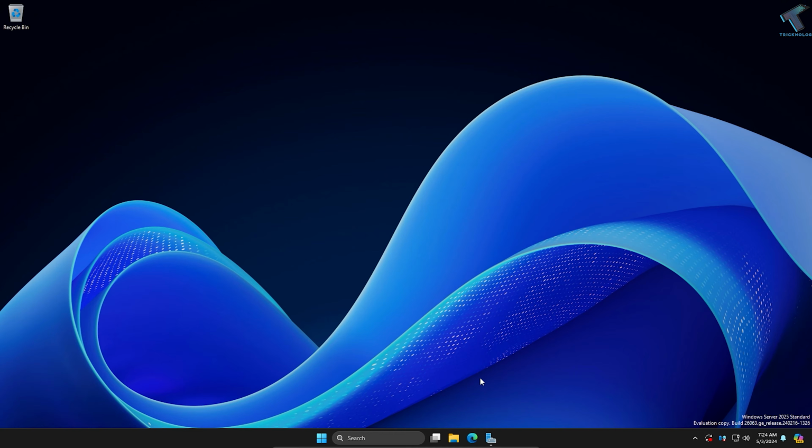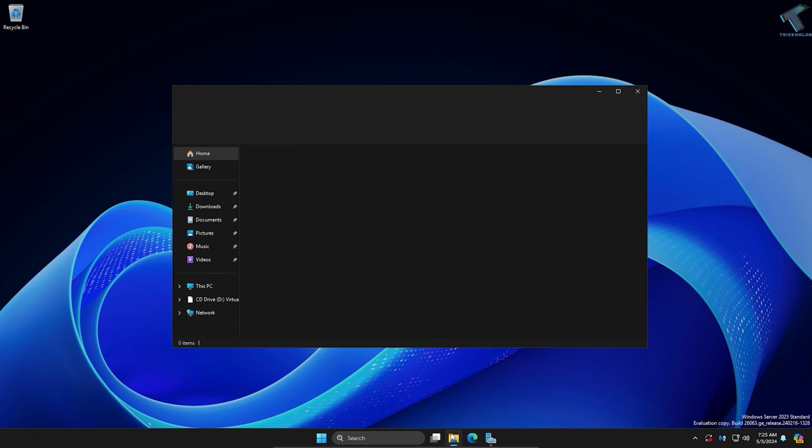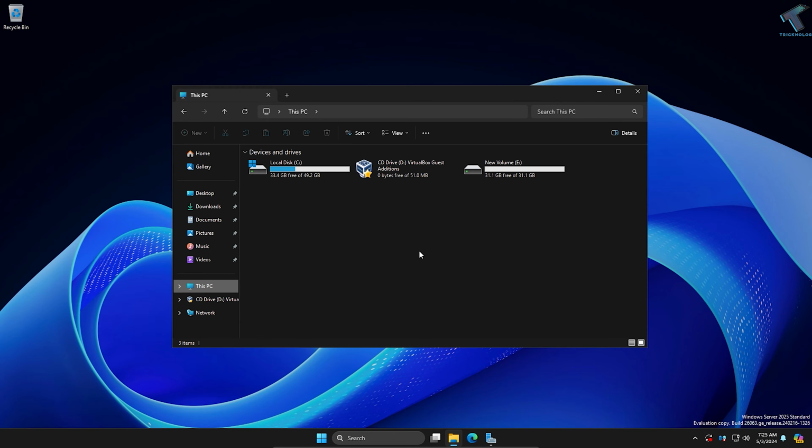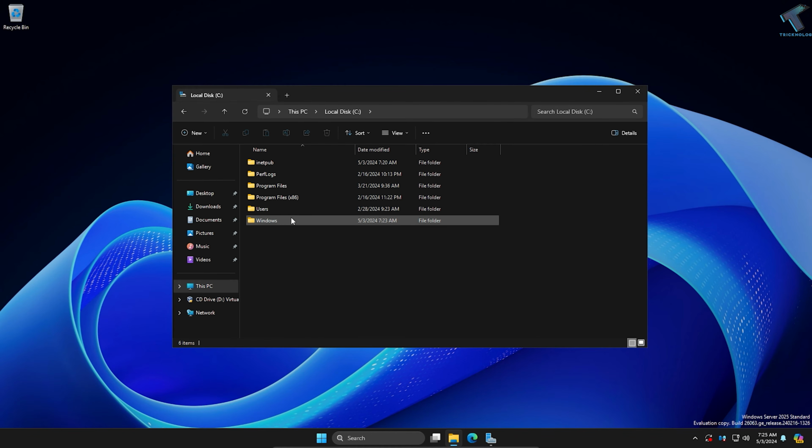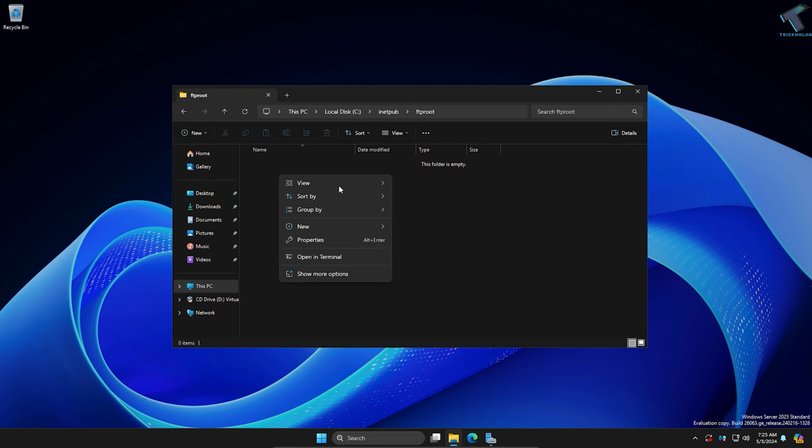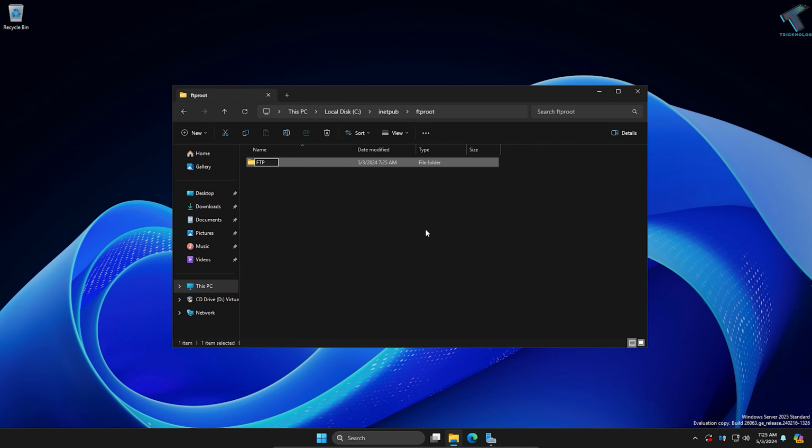Now I'll go to my computer, means this PC. Under this PC go under C drive, and here you will get a folder called inetpub. So double click on it, and after open you will get FTP root folder. So under that folder I will create a new folder. Folder name I will set like FTP underscore technology, and